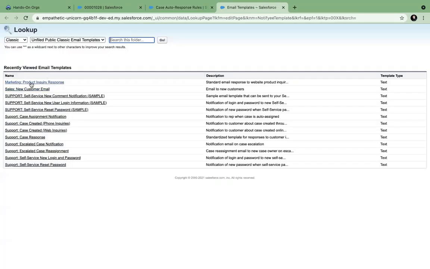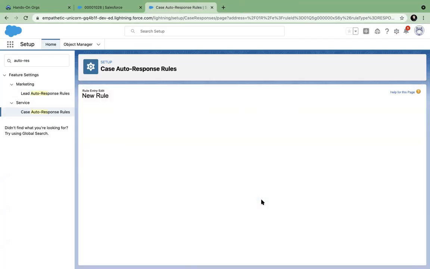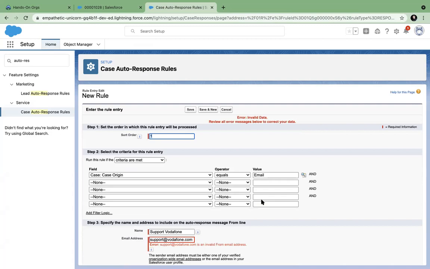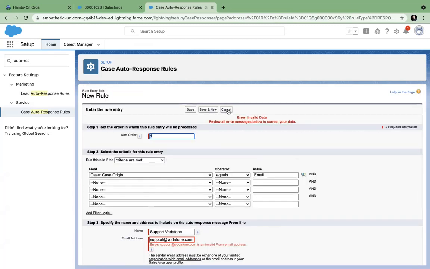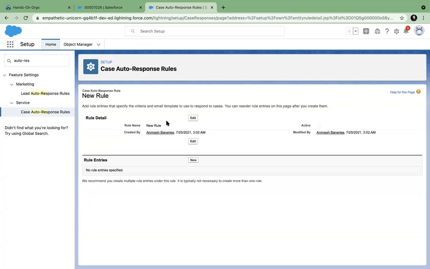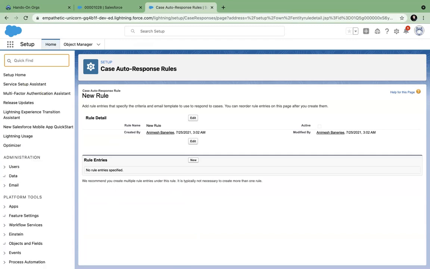Let's use any of the email templates. Yeah, this email ID does not exist, so that's why it is not able to create it. So this is the rule entry again. You have to create it, and you have to add those email IDs into the organization wide settings.